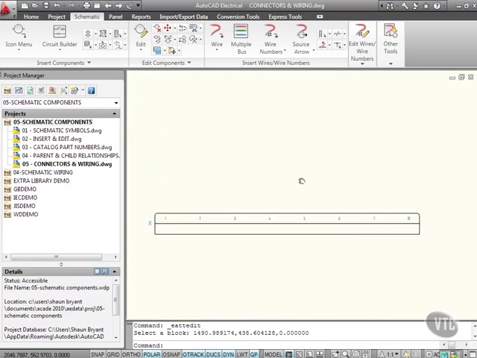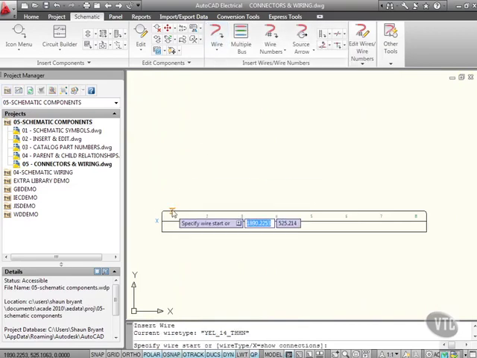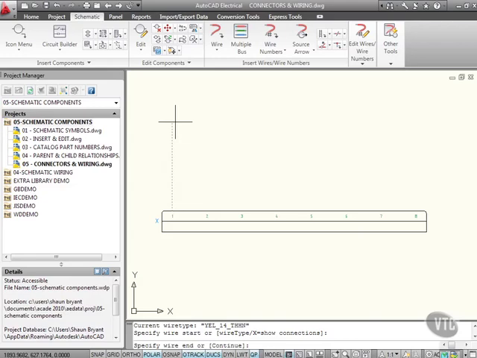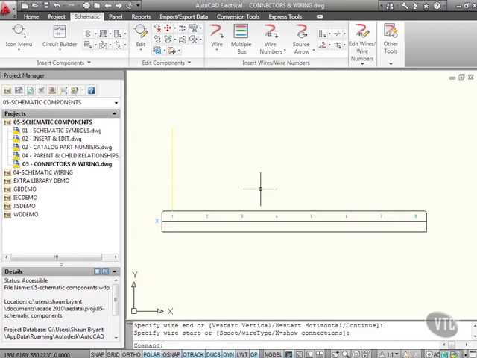Now, let's have a quick look here at inserting some wires. I can click on wire here. I'll hover there like that. And as I come away, there's my wire. I'll just click and just press enter to finish. I can just add a wire to a connector in space like that. Now, what I can do here, if I just hit enter again to come out of that wire command,